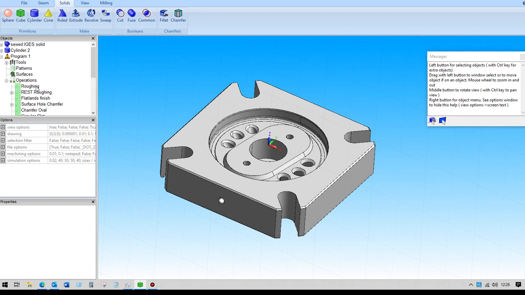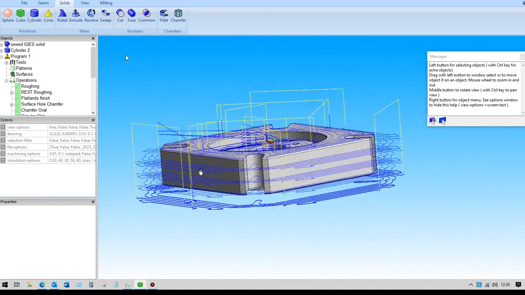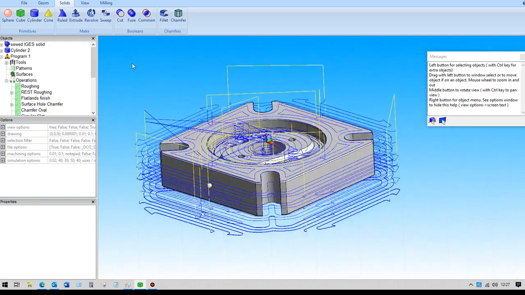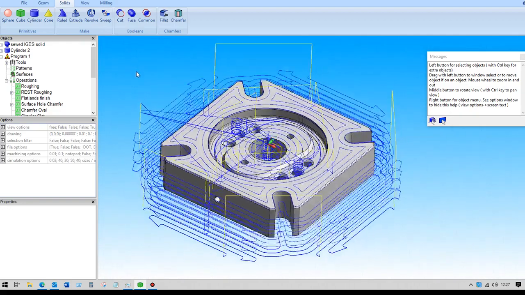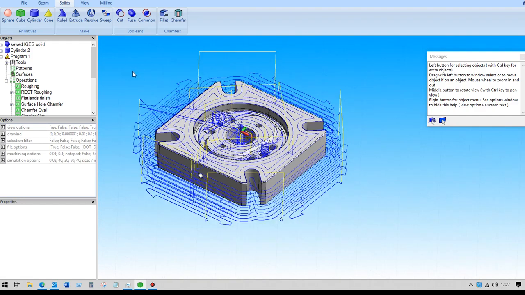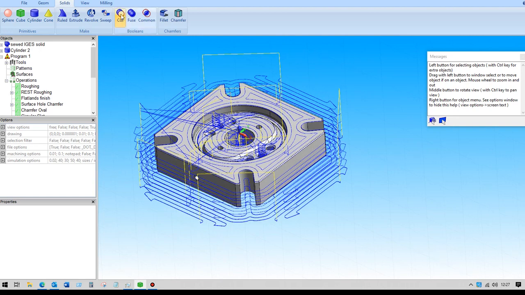Okay, so I've got that switched off currently, so if I switch it on, that is the roughing toolpath based on the stock model that we've given it, and you can see there the helical ramping where it can't fit in the angular ramping. The stock machining will always start from outside of the amount of stock that we've created. So to see the simulation of that, we go into Simulate,